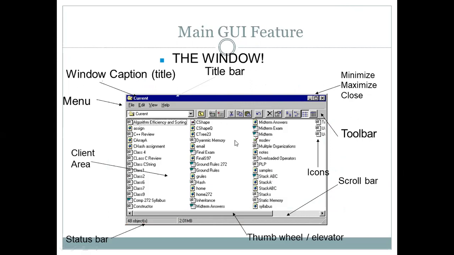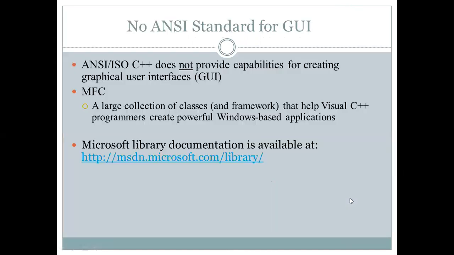Okay, fine. So let's move on to our next slide. As we discussed, we are using Visual C++ for designing Windows programming. Why not ANSI C++ for GUI? Can we use it, if you already have knowledge about object-oriented programming, yes or no? We have already used ANSI C++, but it does not provide the capability of creating a graphical user interface.